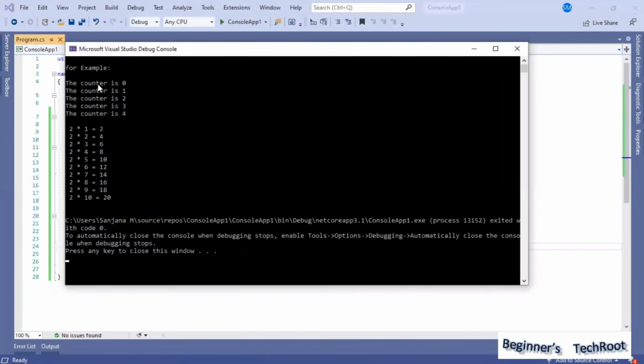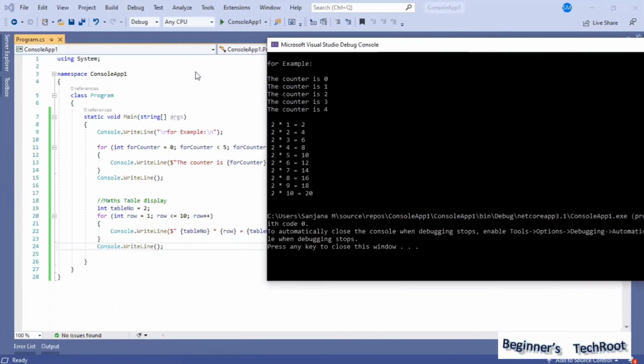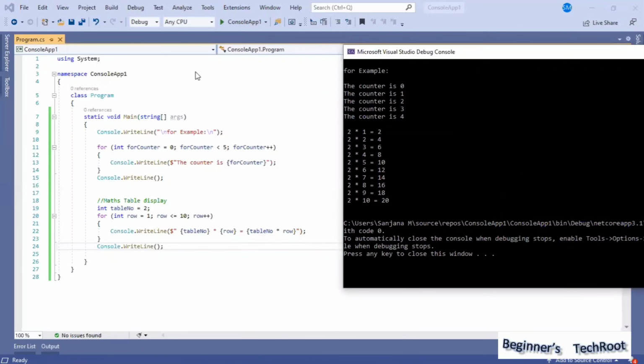For example, counter is 0, 1, 2, 3, 4, and mathematical table 2 ones are 2, 2 twos are 4, 2 threes are 6, like that up to 10, it is displayed. See how it happened if you look at the result and our code.